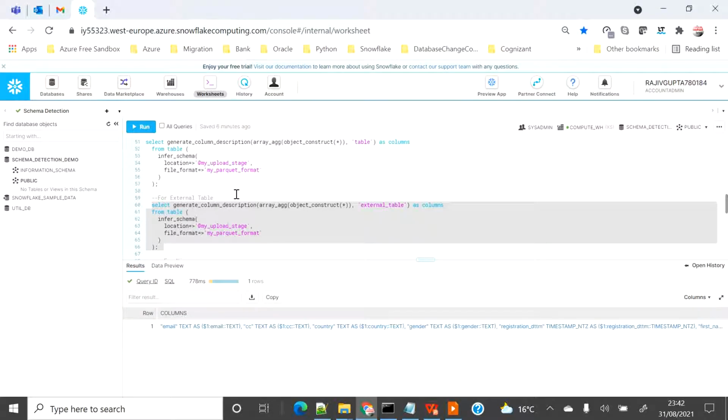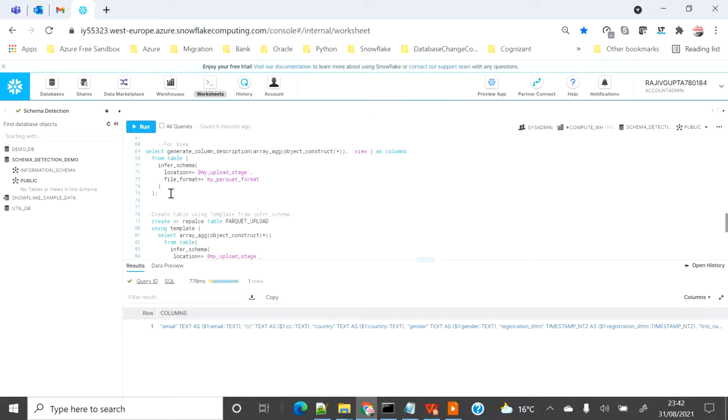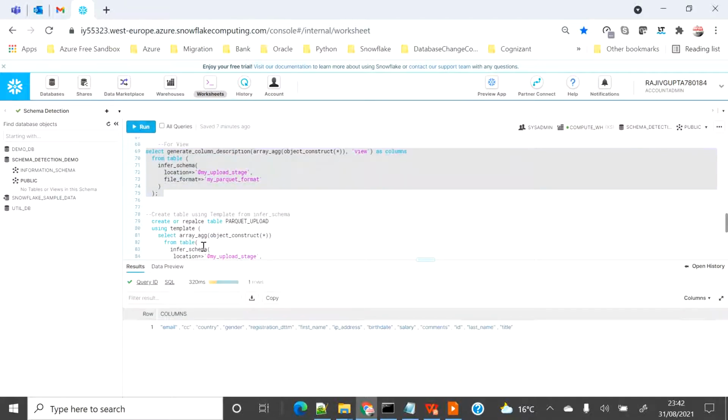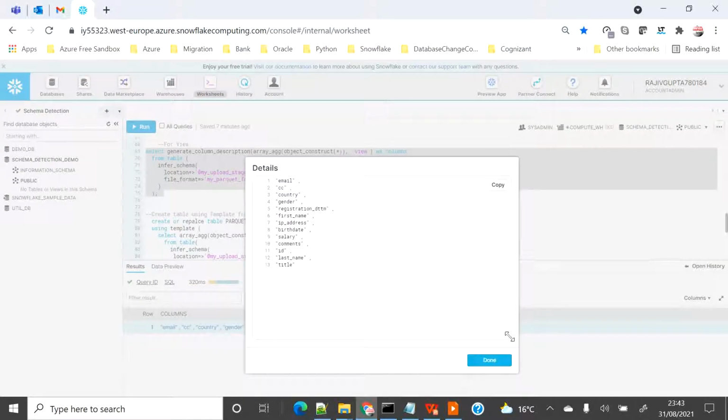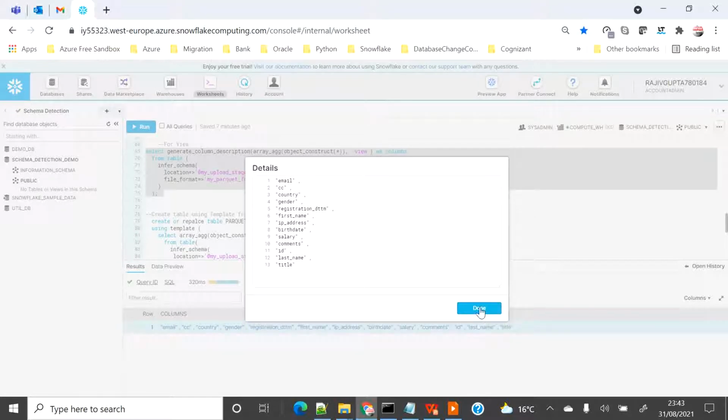So this is the way you can create the external table. In the same way, if you execute the query with a view, it will just give you the name of the column, nothing else, because view doesn't need the data type. Those are created on top of table. So you can include the name of how you want to create table or view or whatever, you can include those statement on the top, and then you can just copy and paste this statement.